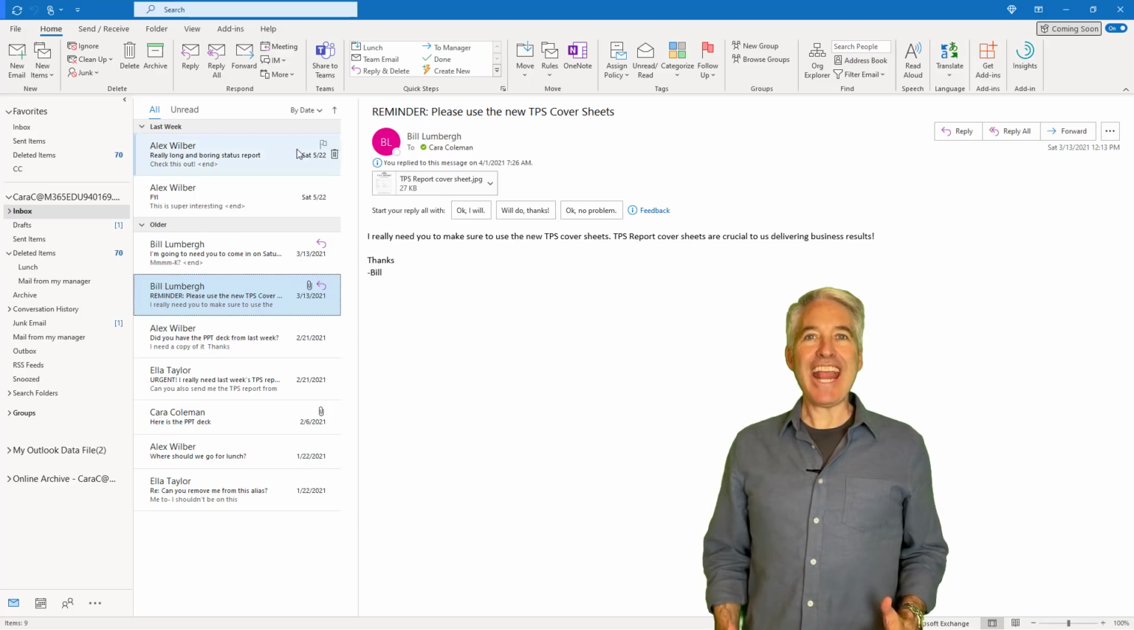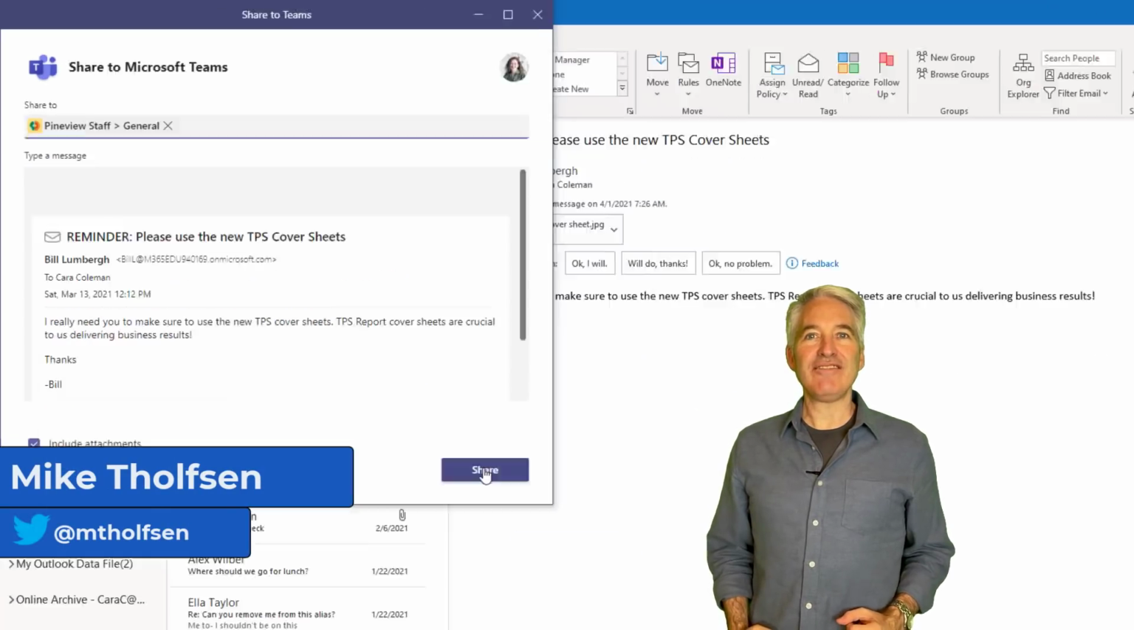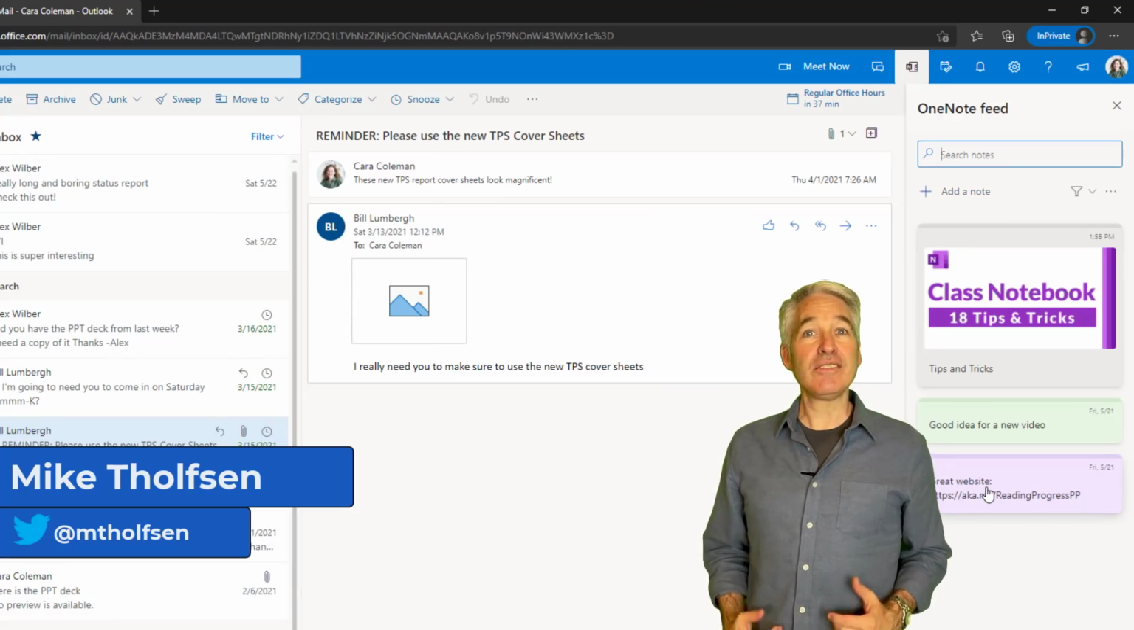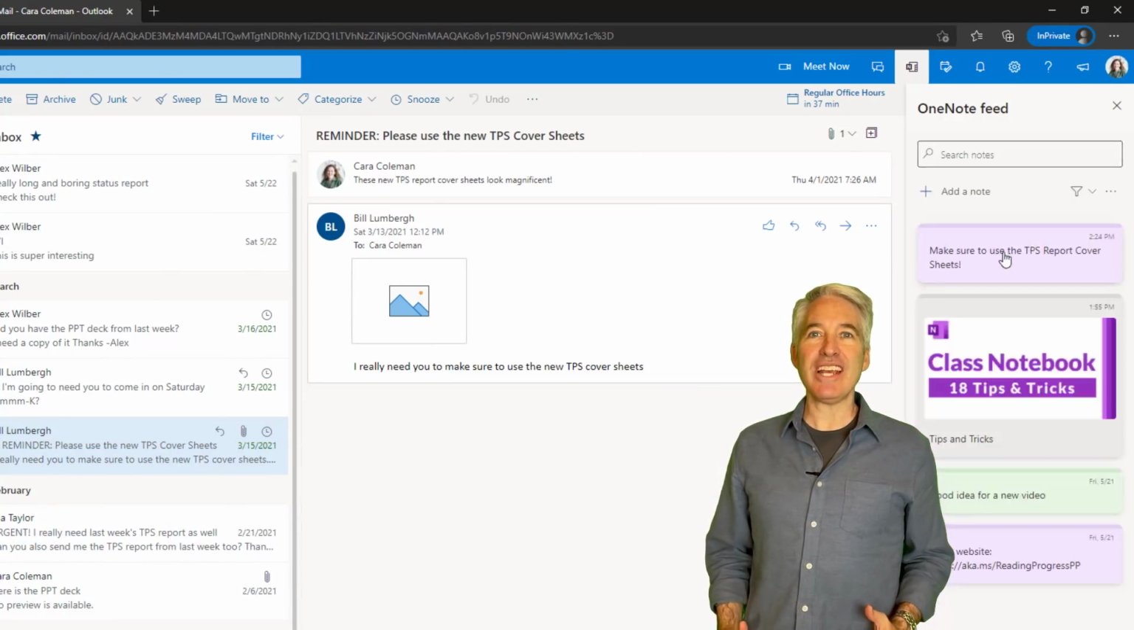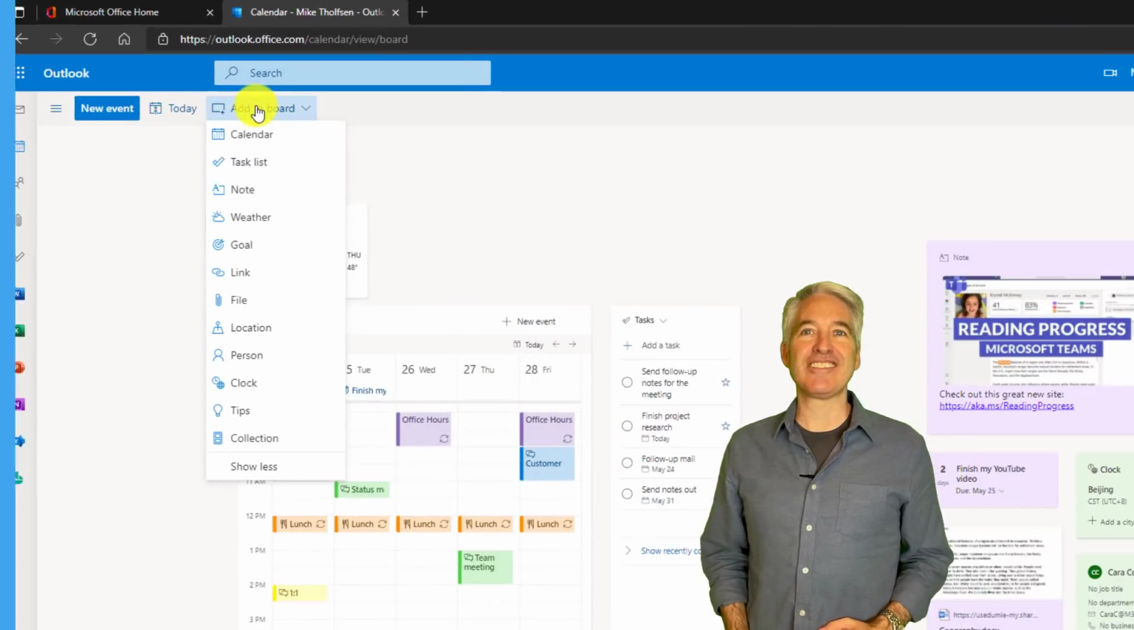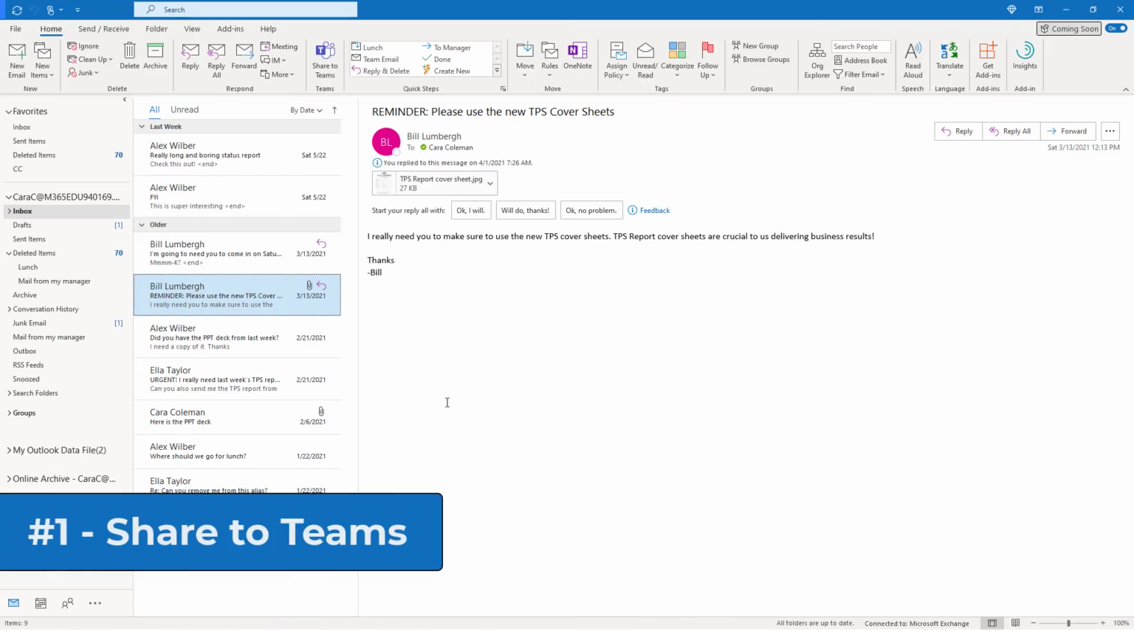I'll be showing 8 new features in Outlook 365 Desktop as well as web. This includes Teams integration, OneNote integration, and the new Outlook board view. So let's get started. The first new feature is the ability to share any email directly into Teams into a